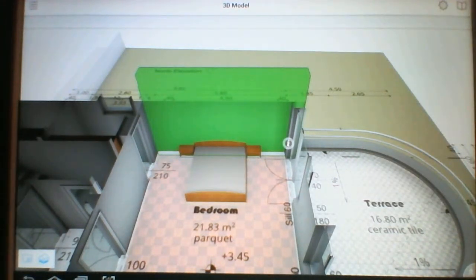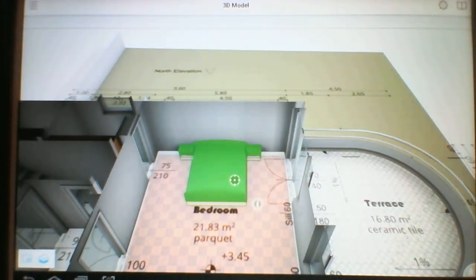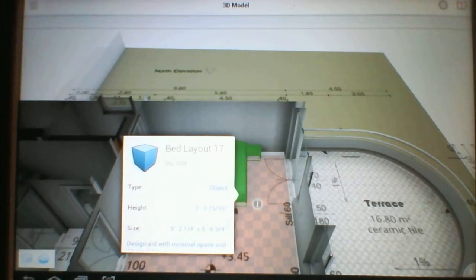In this mode, you can actually click on anything that you want to know the information about. Here's the bed. You can click on it and see the information on it, and you can see the height of the bed and the size of it, and you'll know which furniture to buy and what not to buy that meets the owner's